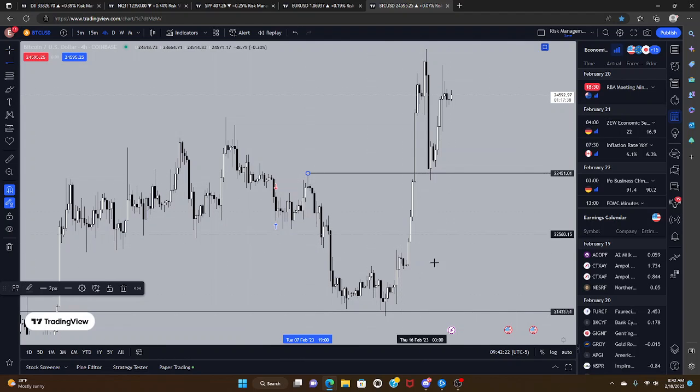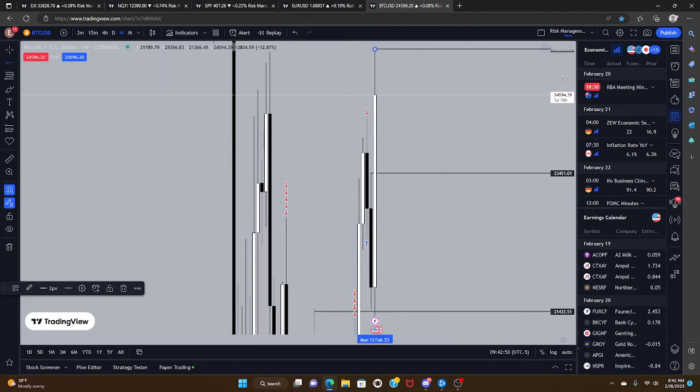So it came down to that weekly level down here and then rallied above these highs right here, running liquidity over here. We'll get to that soon, but it ran above these highs and came down and tested into these highs right here and then rallied back up towards the range highs. Now, what is the level that ultimately price came to up here? We'll mark that off. The high right there on this candle is, let's see, 25,256.